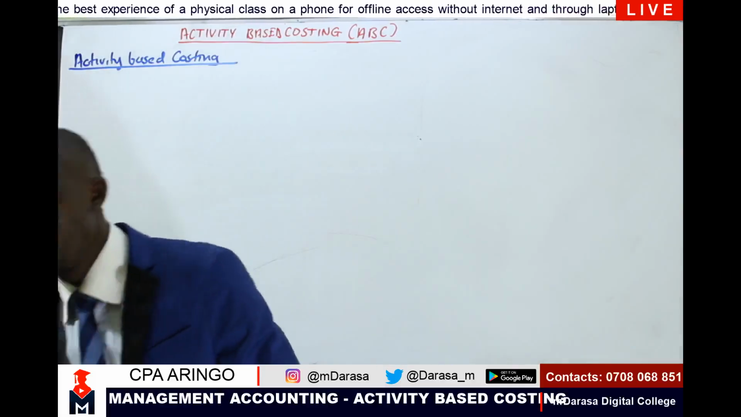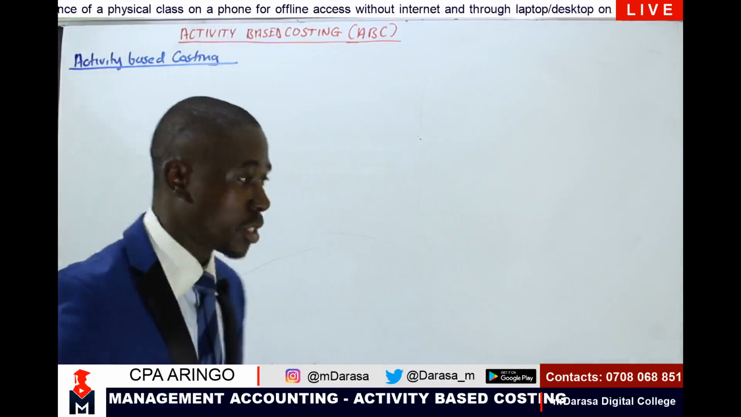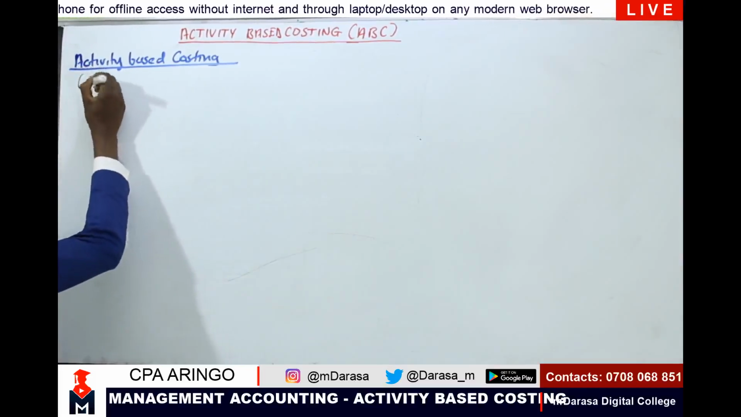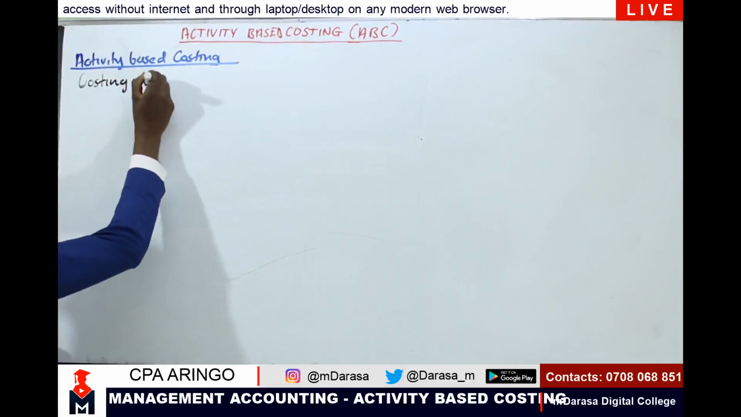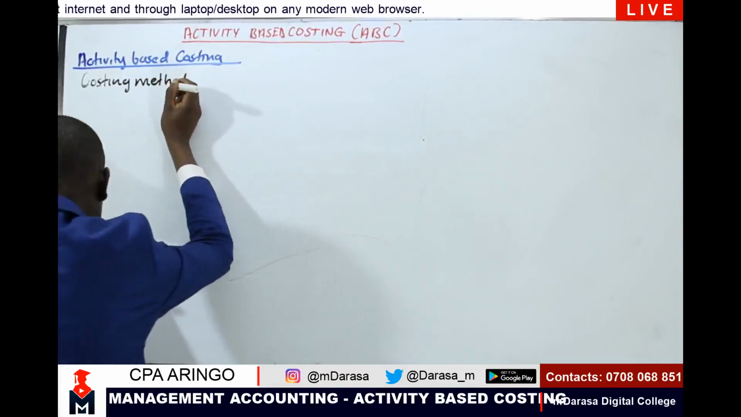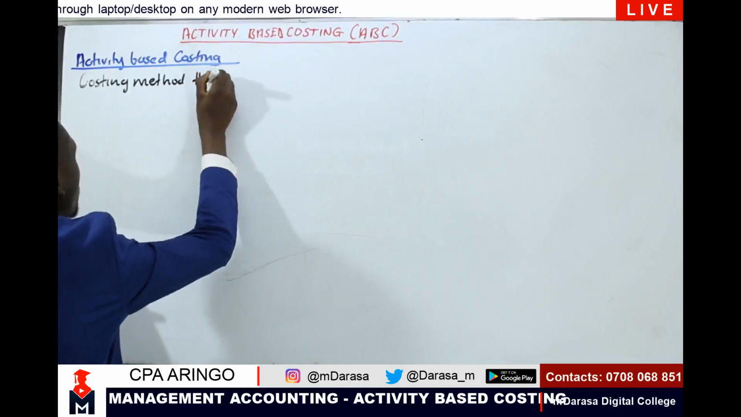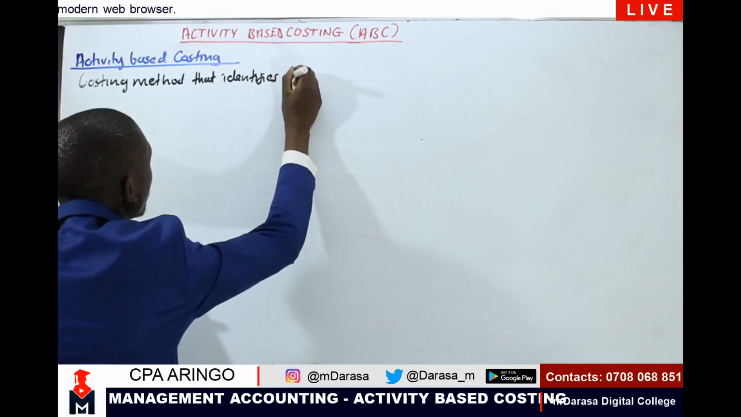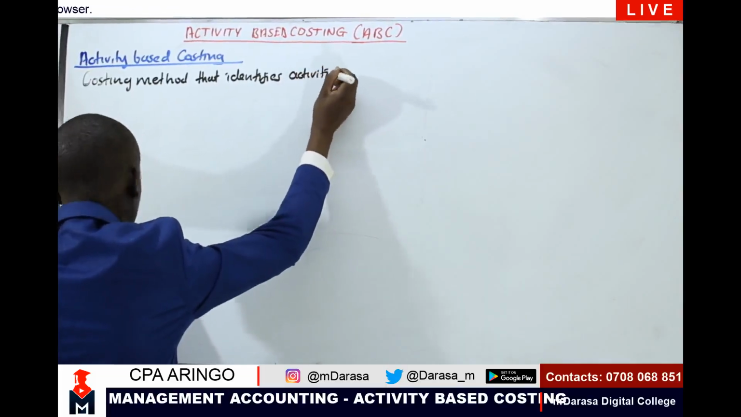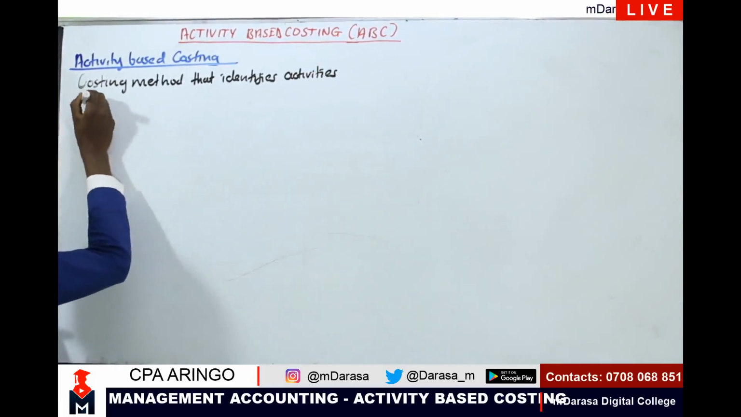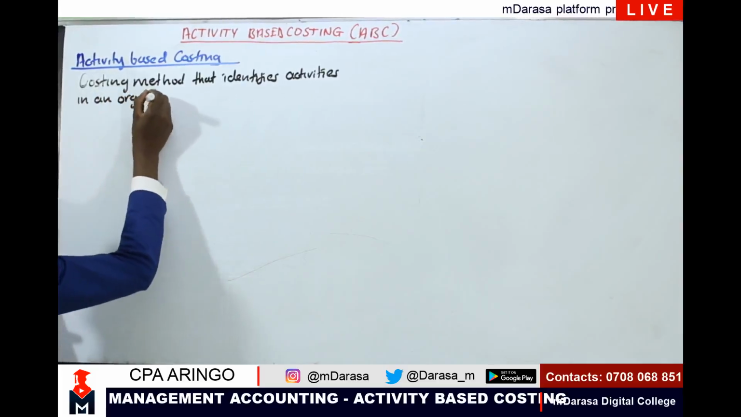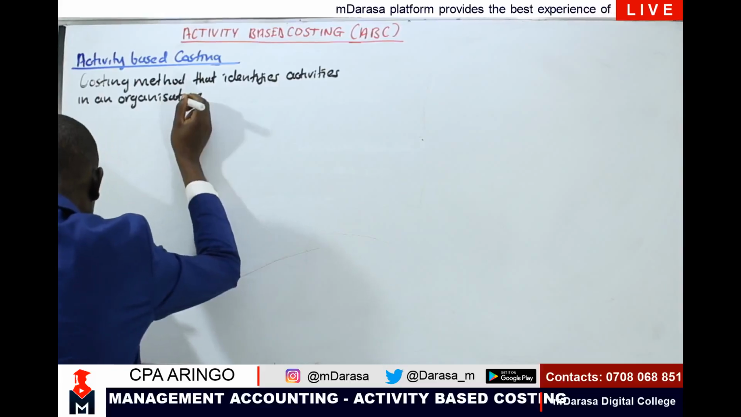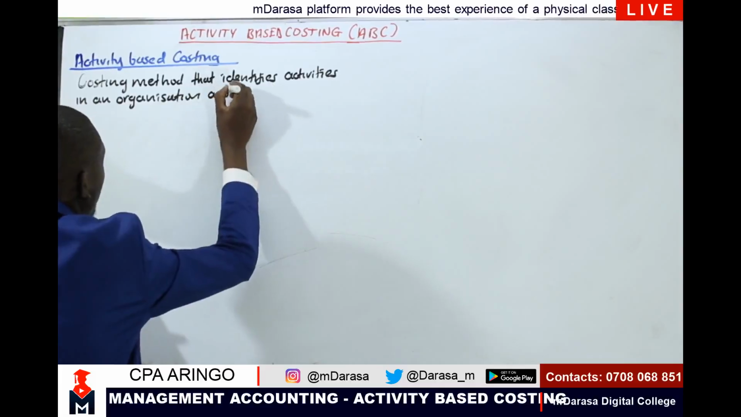Activity-based costing. So in simple terms, we can say that activity-based costing is a costing method that identifies activities in an organization and assigns the cost of each activity